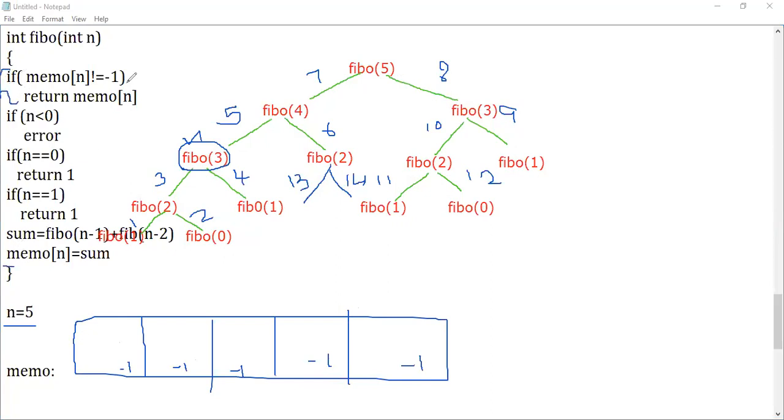What I'm doing is, after calculation of each and every result, I'm going to store the data. So listen here, what is going to happen? The same recursive process is going to call the tree. I'm going to make use of the same tree. Listen carefully, I'm going to make use of the same tree, but we are going to make small changes in it. You can just look here.